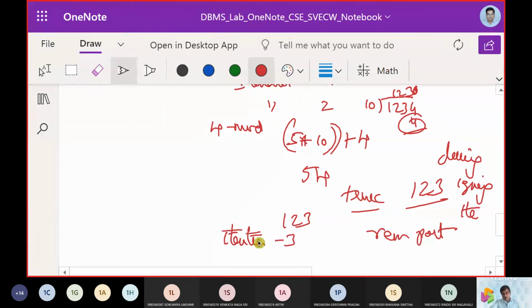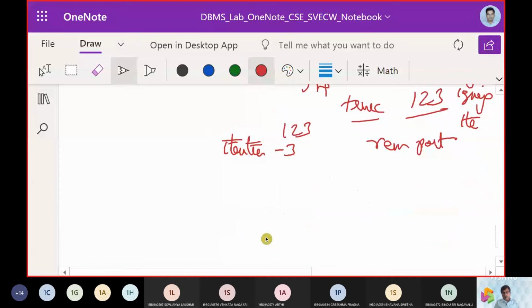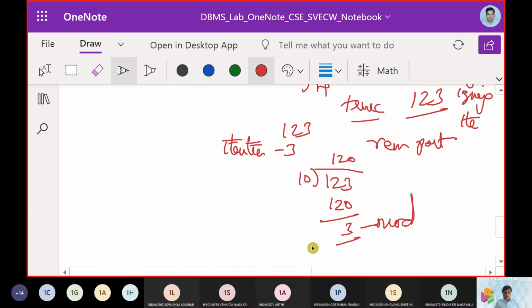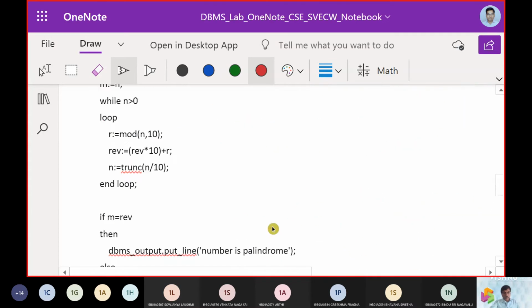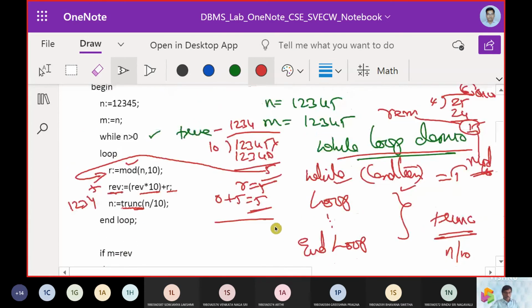In iteration number 3, we need to divide by 10. 123 divided by 10 is 12, and we get a remainder of 3, and this 3 is going to be the mod value. So in this way we iterate and repeat this.